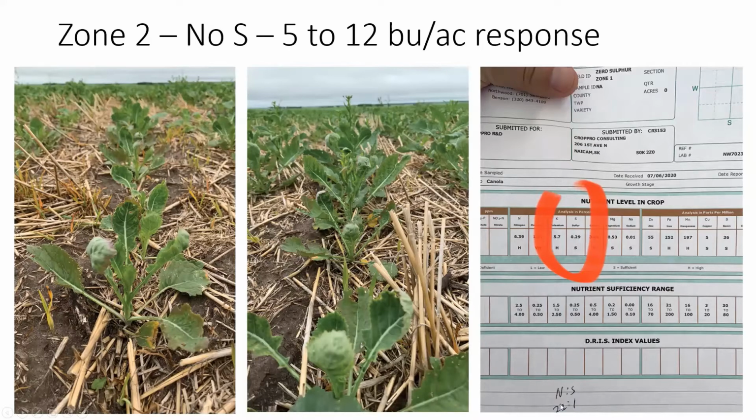I just made a note down here. The nitrogen to sulfur ratio was 22 to 1. So we did suspect that obviously you're going to get a good response. But